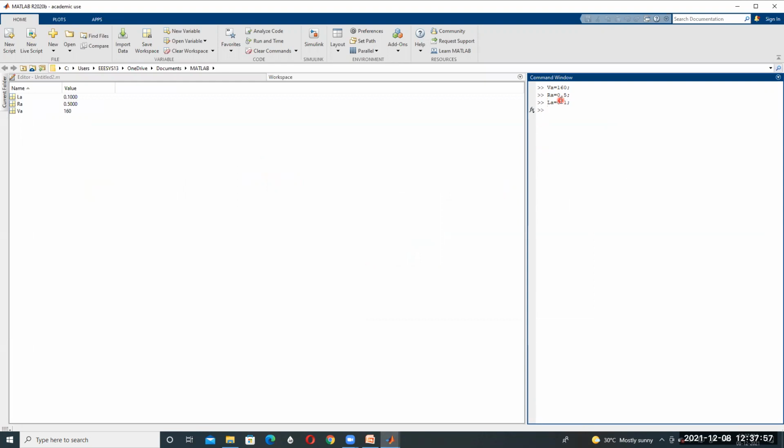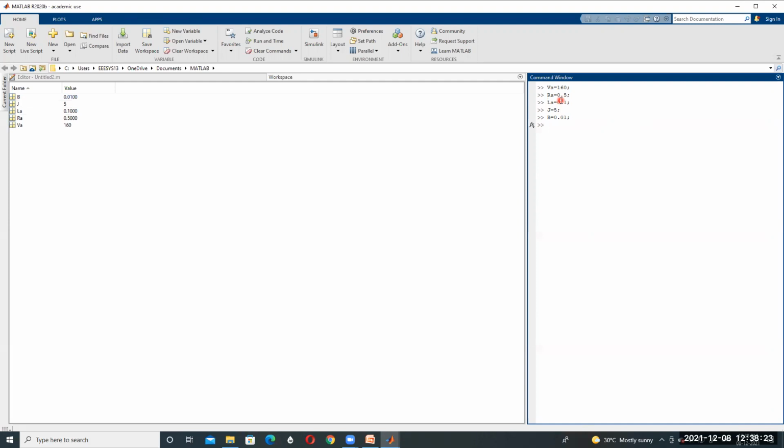And then next, J is equal to 5. J is equal to 5. And capital B is equal to 0.01.